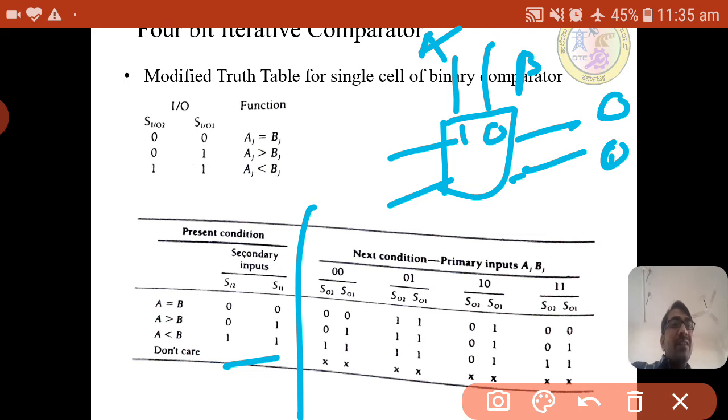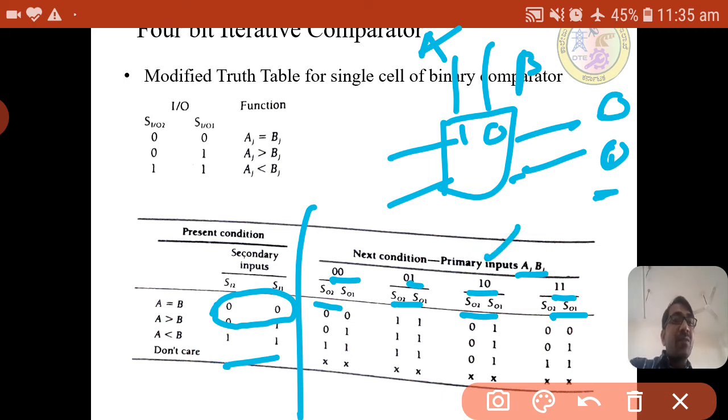Then for the next condition, the primary inputs AJ and BJ are this, and the secondary outputs will be what we see here. So the secondary input is 0 0 and the present pair is 1 0, which means it will come to this one.